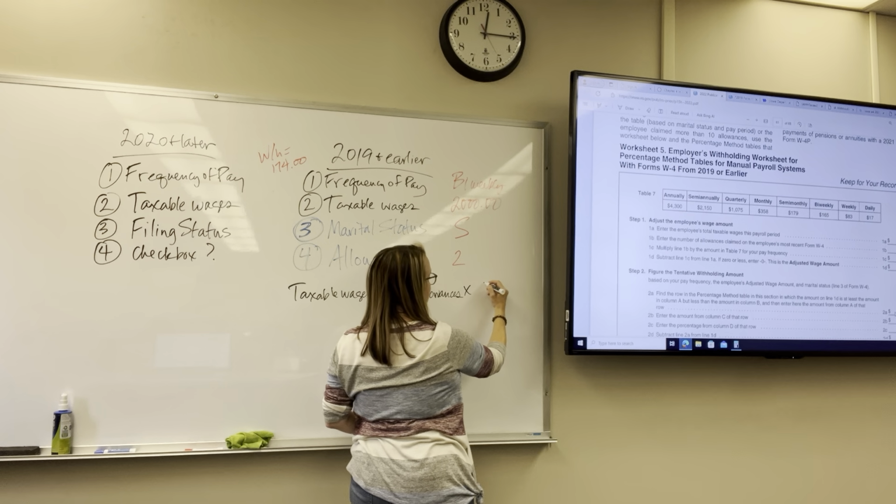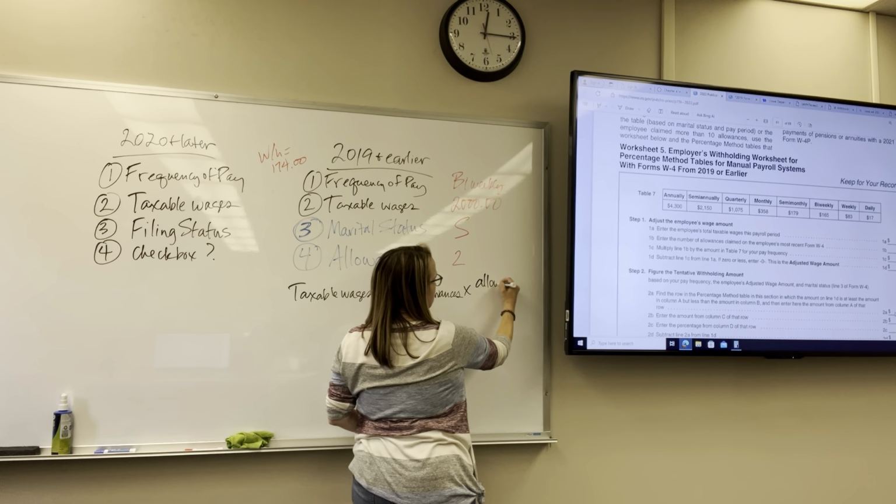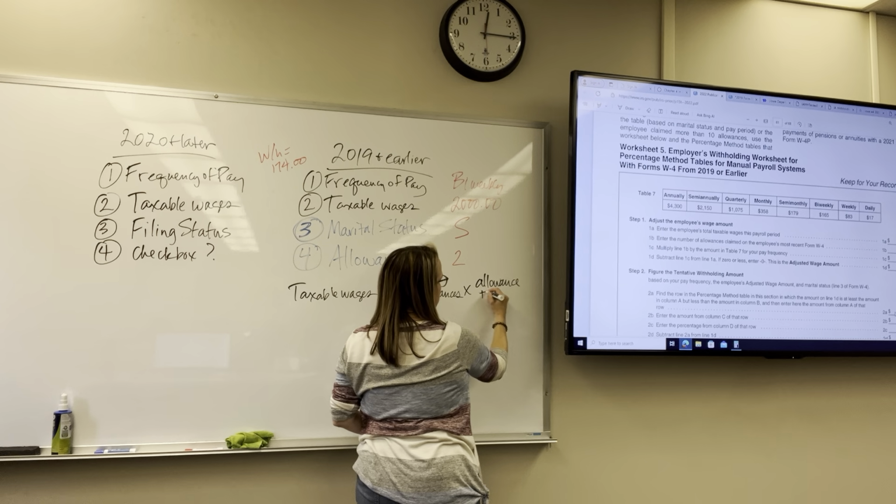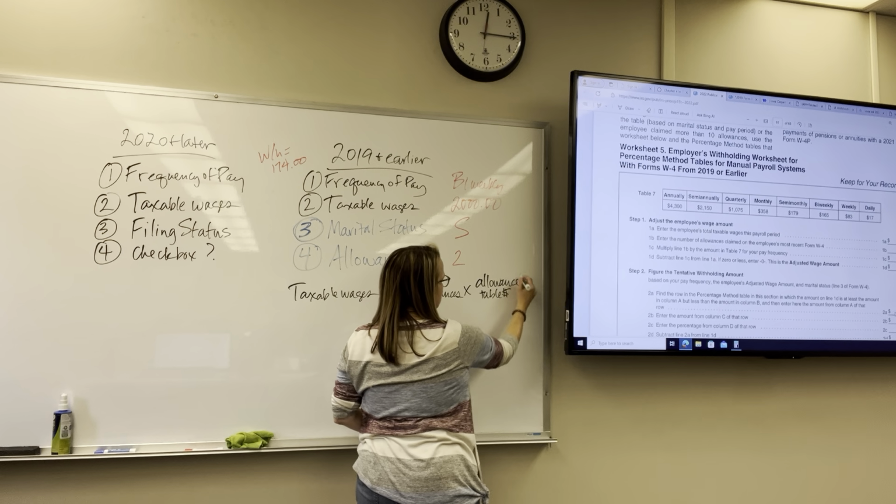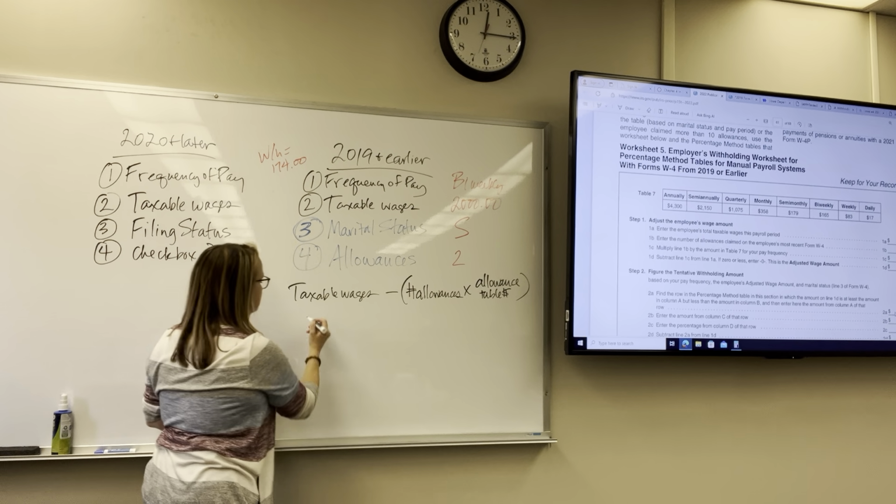Can't remember what they call it. Allowance table, we'll call it. Okay, so in this case, we've got 2,000